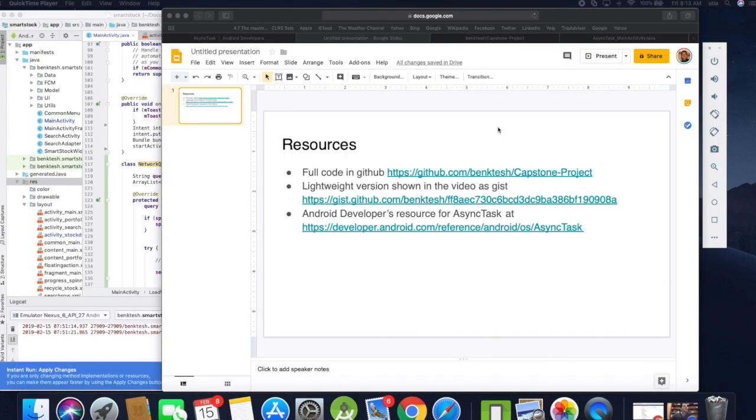And async task is not the only choice for asynchronous processing. We have intent services, loaders, job schedulers, and many Java-based implementations that we can make. The code that I'm going to demonstrate is from one of my capstone projects with the Android nanodegree program. I have created a lightweight version in this gist, and a lot of resources are available on the Android developers